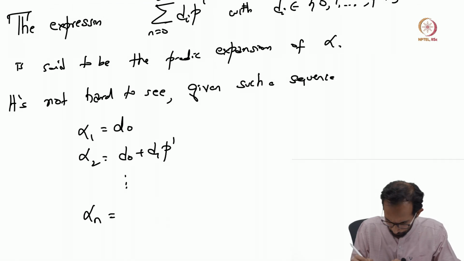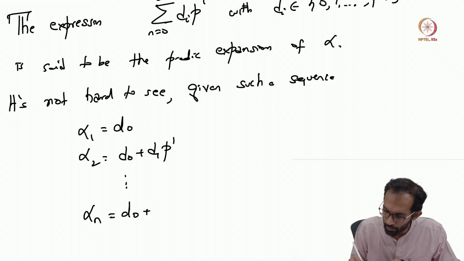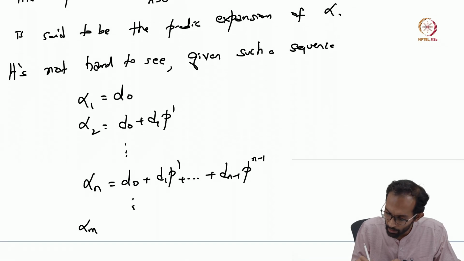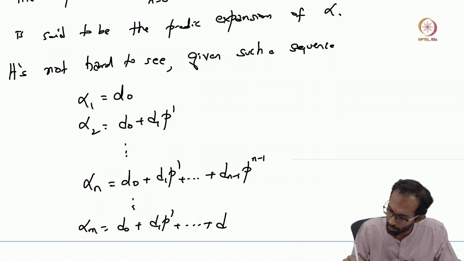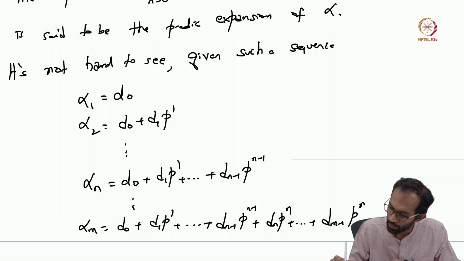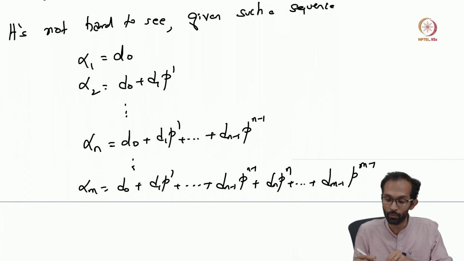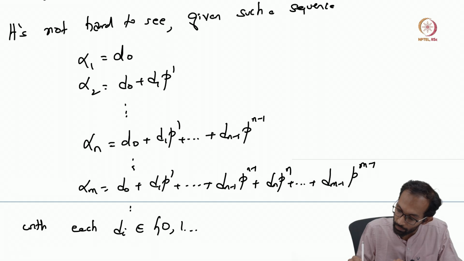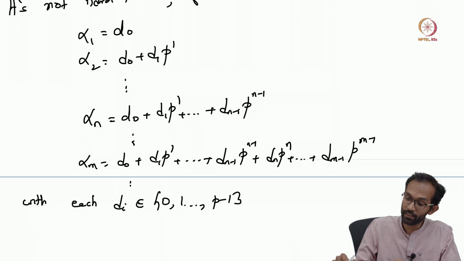Alpha n is d0, d1 p1, so on, dn minus 1 p raised to n minus 1. Let's say alpha m is d0 plus d1 p1, all the way up to dm minus 1 p raised to m minus 1. So suppose you're given such a compatible sequence where each of the d_i's are between 0 and p minus 1. It's not hard to see that such a sequence is Cauchy,